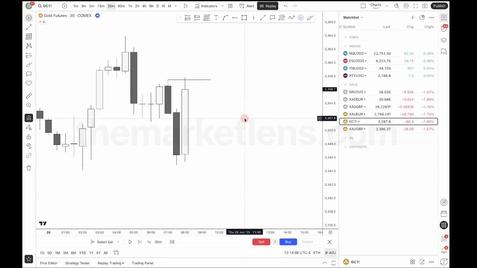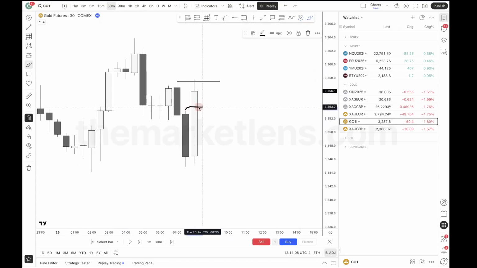So a lot of people are asking me like, why didn't you wait for the C2 closure? That is irrelevant. It's so irrelevant. It's extremely irrelevant. Why is it irrelevant? Well, look at this candle's open. It's very far away from the opening price. So it's an expansion candle. So typically, these candles will not actually create a C2.